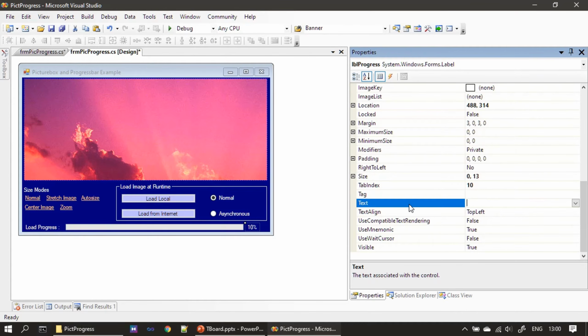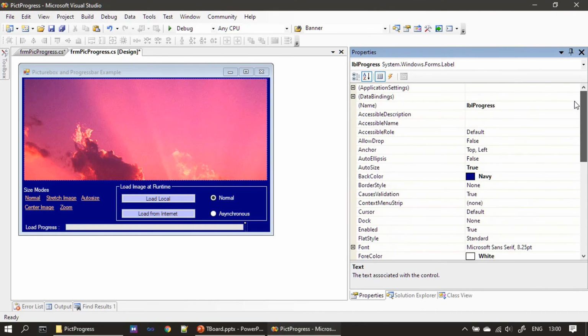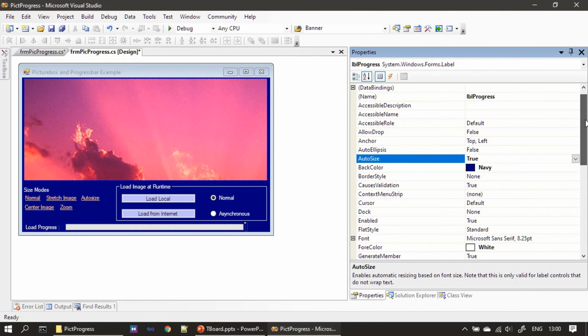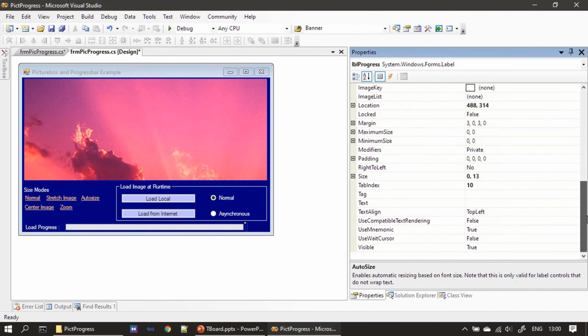So during the design time, you are not able to see it. And for that label, we set the auto size to true. So at runtime, when you update the label, it will get auto sized based on what we update here. For single digit, it will occupy some portion, and when the number goes from single digit to 2 digit, the width will get increased automatically. Okay, that's basic of